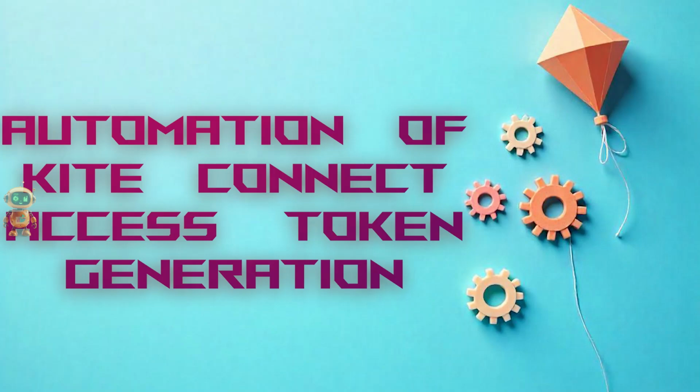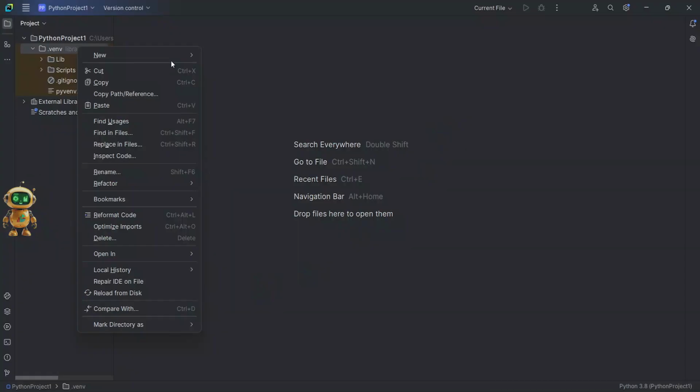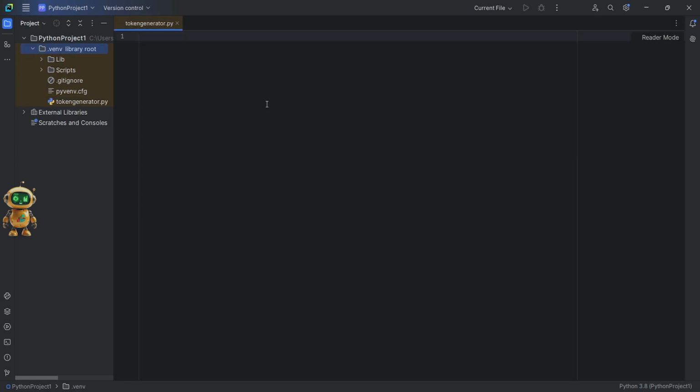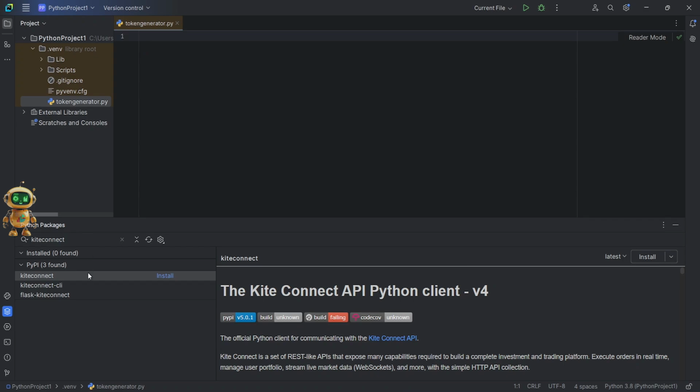In this video we will learn to automate Kite Connect access token generation. First we will create a Python file. Then we will install the required Python packages.